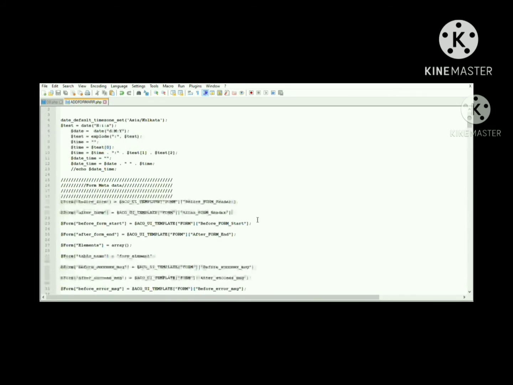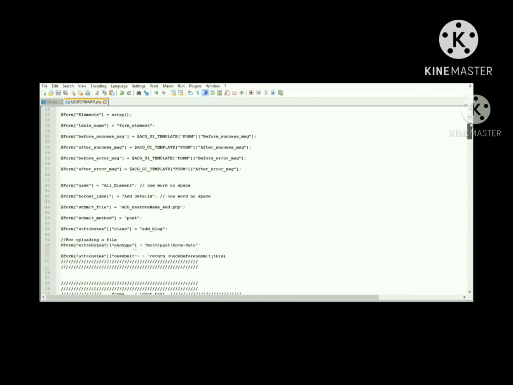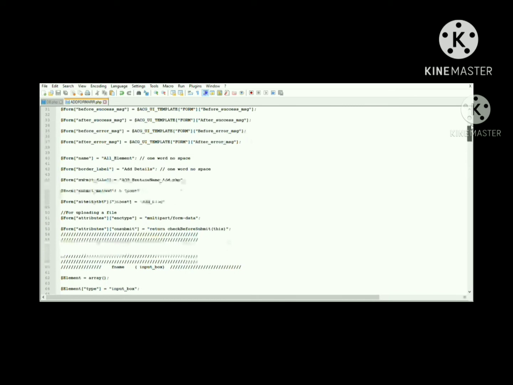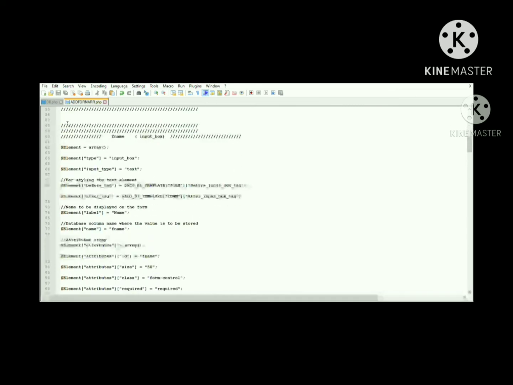In the same all form elements folder, there is an add form array.php file, and city is added as a database column and as a form element. So now we are going to add the form element as city.